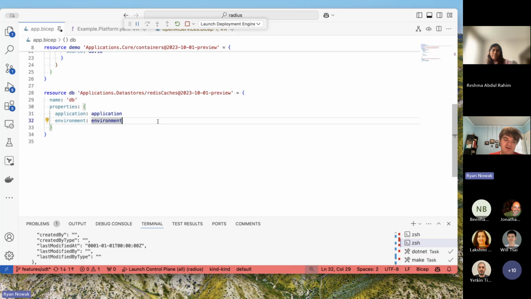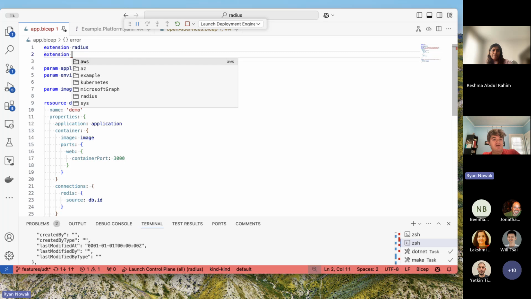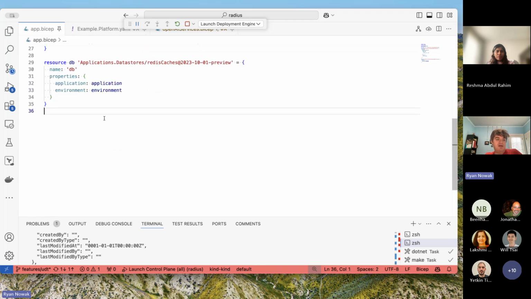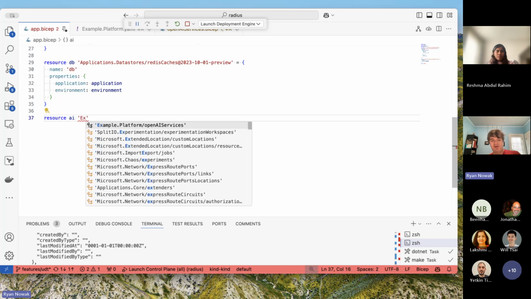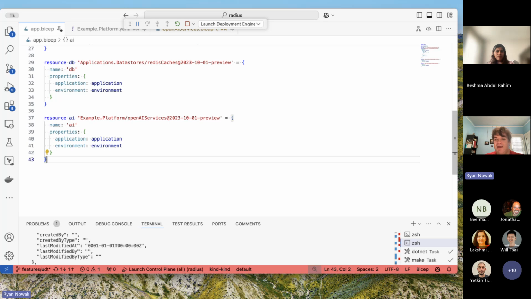So something else that I did off screen is I generated the Bicep support for this. If I type extension here, you can see completion of extensions. And there's another, I just called this one example, very creative on my part. But you can see that we've got an extension here called example. And as soon as I complete that and type that in, we should see some new functionality light up here. So now we can complete this example platform OpenAI services just like we had in our schema. And I can just tab complete all that, and Copilot is super happy with it.